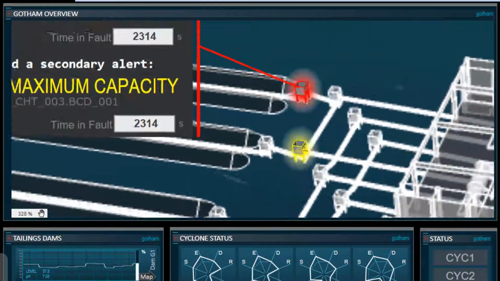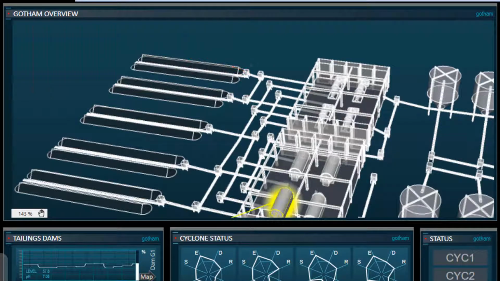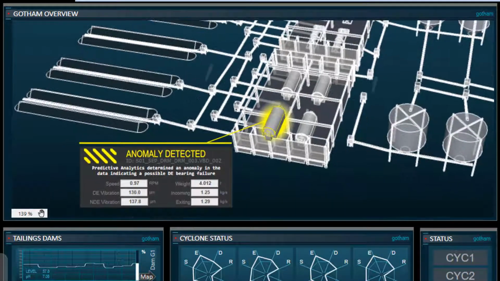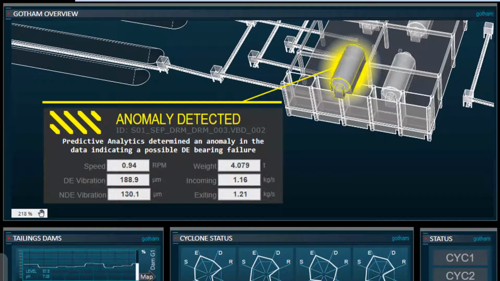OMI understands the zoom level and can start to add more detail to the plant as the zoom level increases, which will allow you to declutter the interface as we zoom out and provide more information as we zoom in. The interface not only shows information obtained from the normal control and instrumentation system, but information can also be augmented from other systems. For instance, both the drums and the cyclones are being monitored by our predictive analytics software called